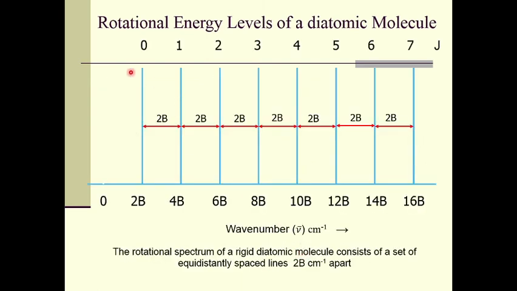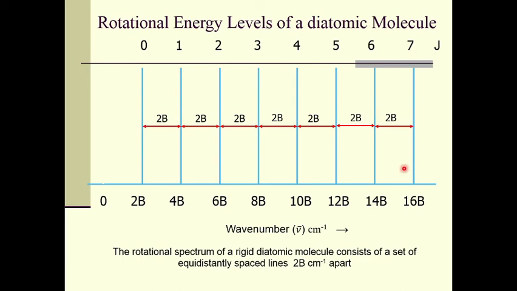So let us study this. These are the spectral lines corresponding to different j transitions. We have the first transition at 2b. The first and second transitions are equidistantly spaced, and their difference is 2b. Here also it is 2b, here also it is 2b. So all these lines on the spectrum will be